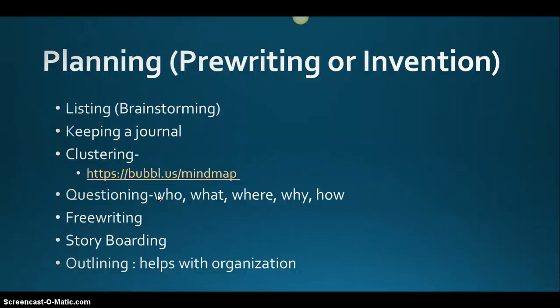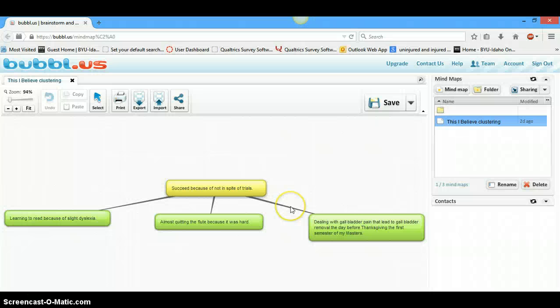It's a little bit hard for me to show you on the screen, so I'm going to use a program called Mind Map. Alright, so again I have the idea of, and you've also probably heard this called clustering, bubbling, mapping, whatever you want to call it, it's kind of the same thing. So I could do several different bubbles probably here on my main belief. Here I'm going to add some different things, right? So succeed because of, not in spite of, trials or obstacles.